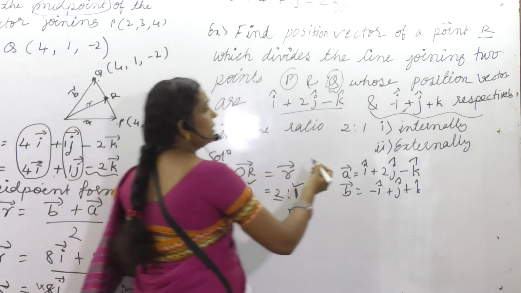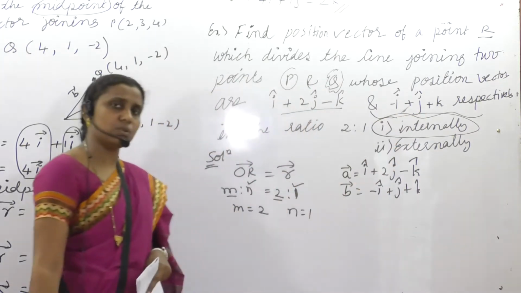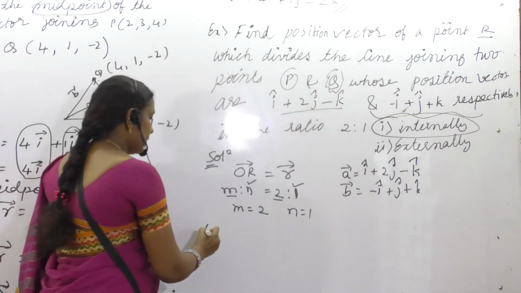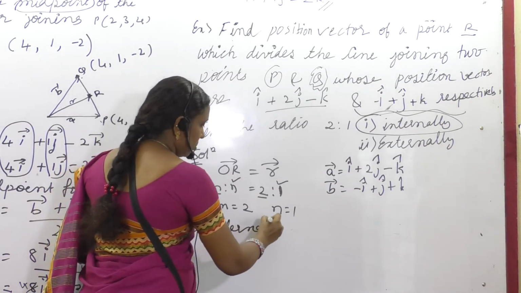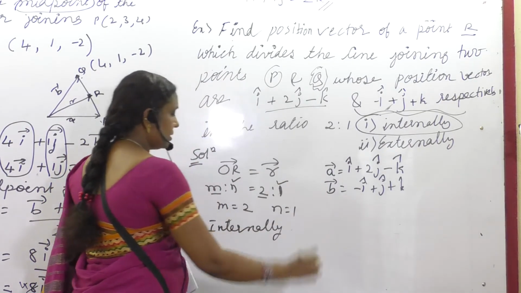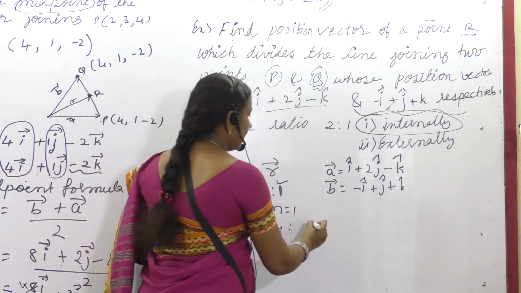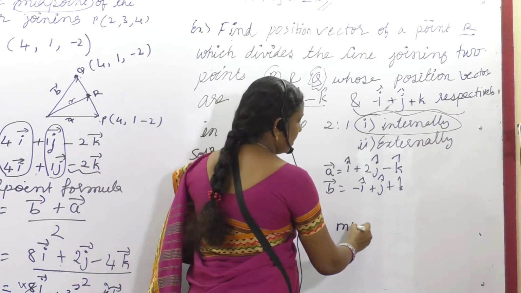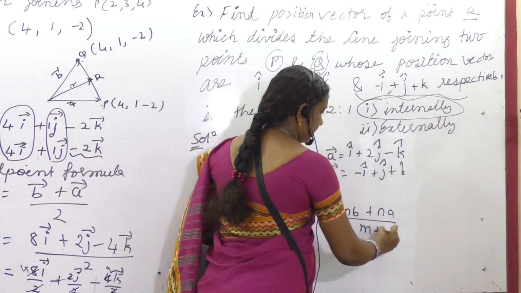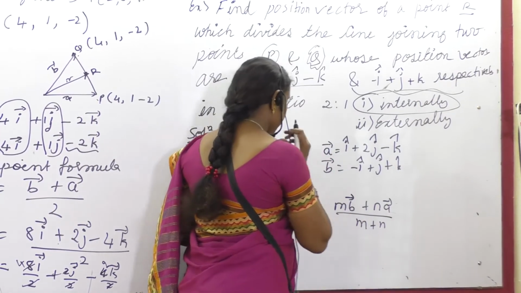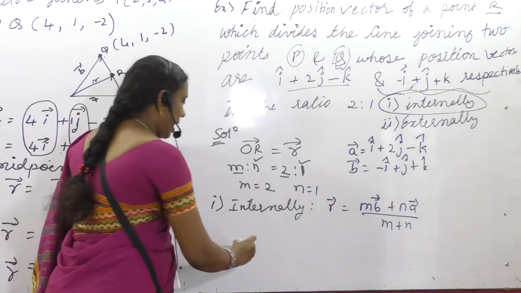So internally they are saying, let us solve for the first sub question. Second question you take it as homework. Okay. So first question is about the internal section. Internally means R is given by mB plus nA divided by m plus n. These are the vectors. Okay. Equal to,